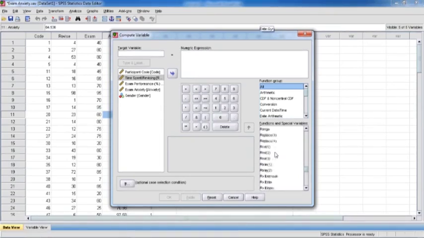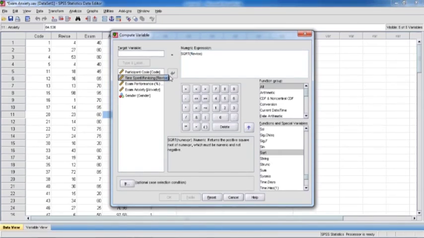Under the functions and special variables, we click on SQRT and select it through this arrow, and then we click on the time spent revising and select it. This variable is then selected, and once we give the target variable name and click OK, it gives us the computation of that variable. As you know, we have gone through this exercise before. So based on that,